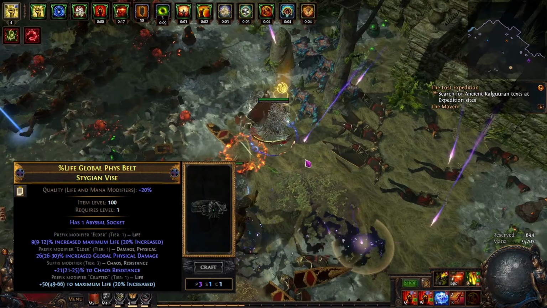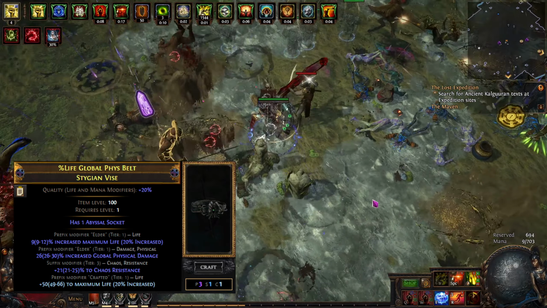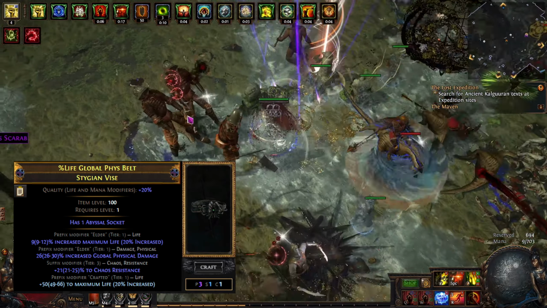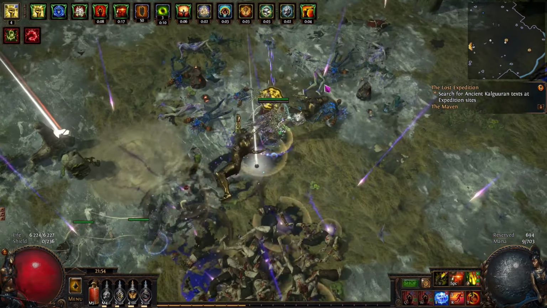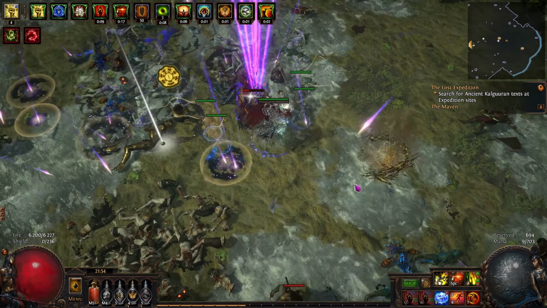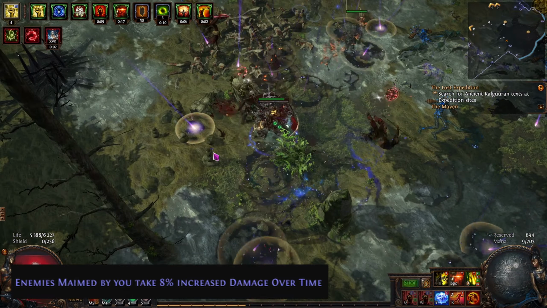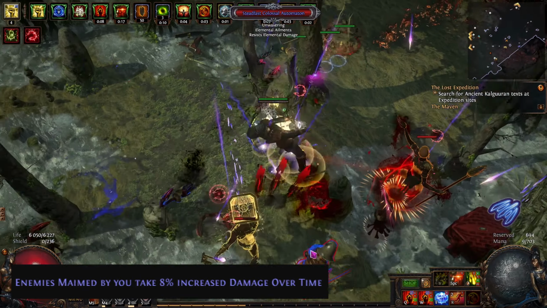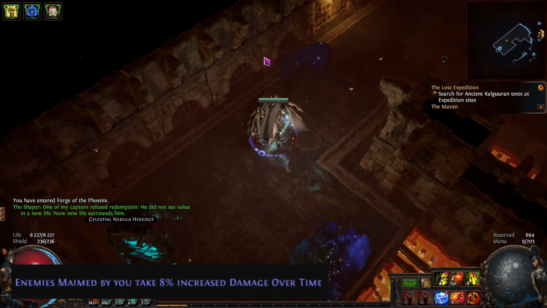Then for our belt slot, we use an Elder Stygian Vice with the modifiers percentage increased maximum life and increased global physical damage with some life and resistances where possible. In none of my previous build guides have I ever talked about belt enchants, as they usually don't add too much to a build. But in this build, the belt enchant enemies maimed by you take 8% increased damage over time adds a substantial amount of damage to your build,